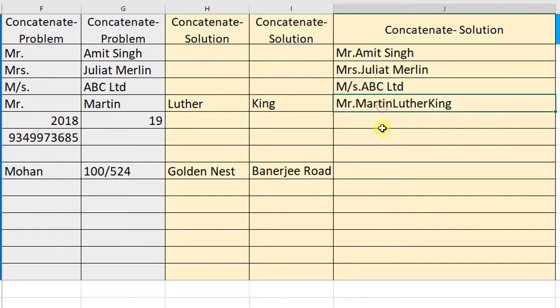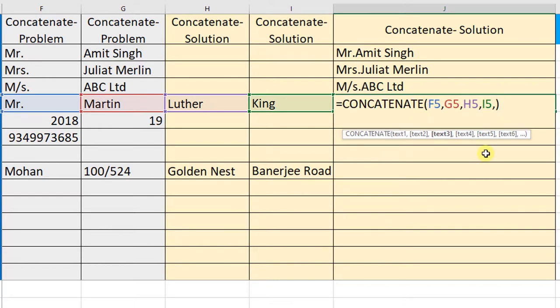So we want to add spaces. Between Mr. and Martin there is no space, but between Martin and Luther we want a space. For spacing, double quote, give a space, close the double quote, comma, enter.